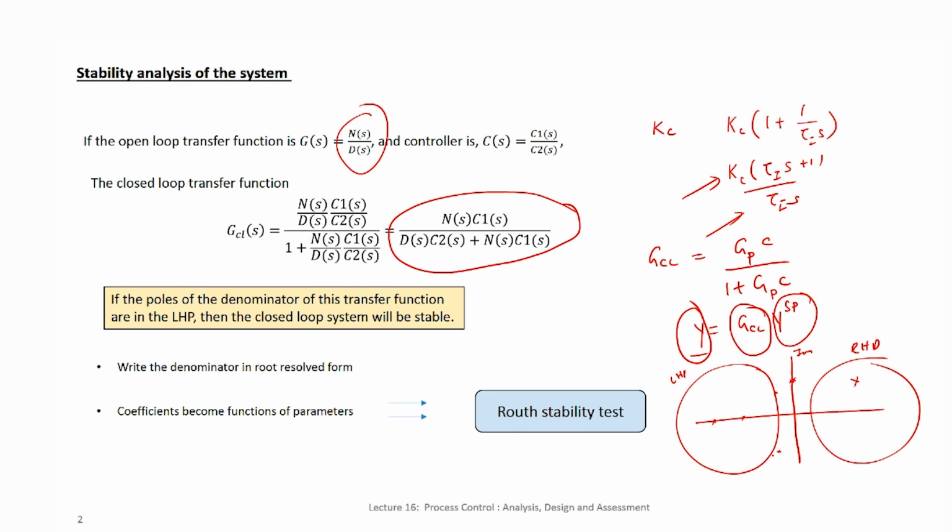That basically means it does not matter whether you are looking at open loop transfer function or a closed loop transfer function, because we are always going to write these transfer functions as a numerator by denominator form. Then basically what you are going to do is look at the roots of the denominator, and as long as the roots of the denominator are strictly in the left half plane, we call the poles as being in the left half plane, then we say the system is stable.